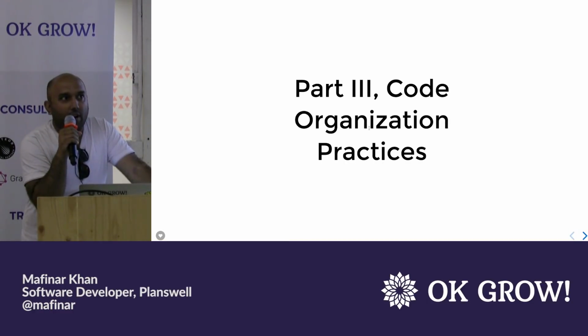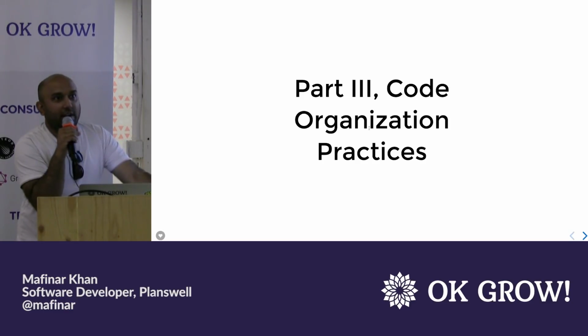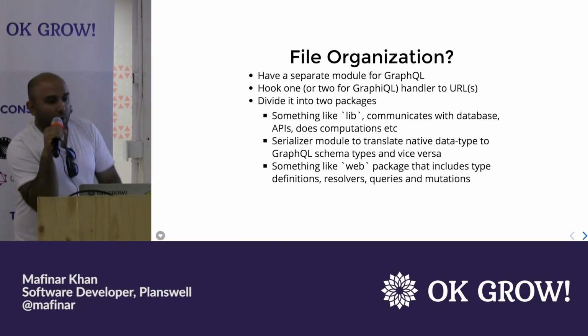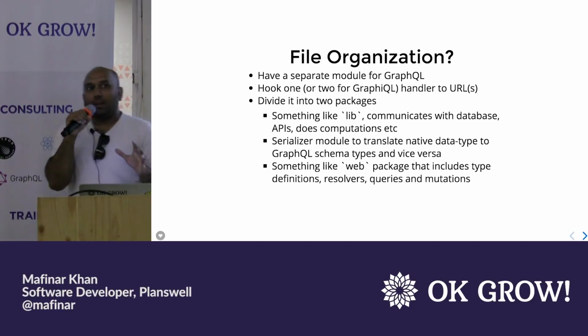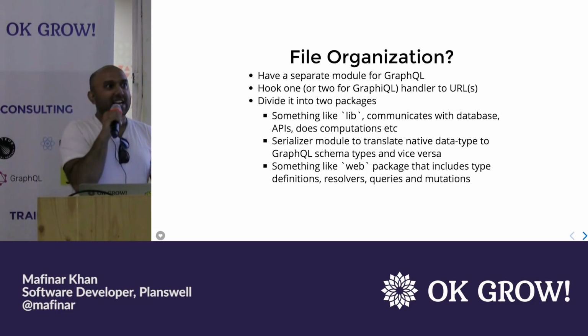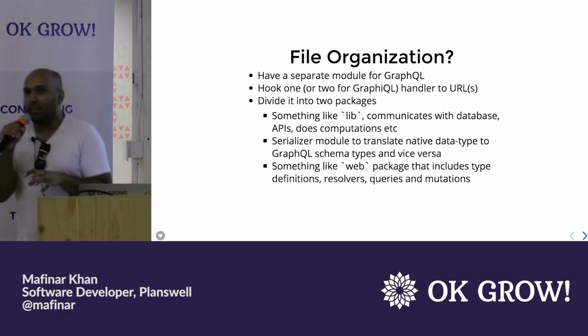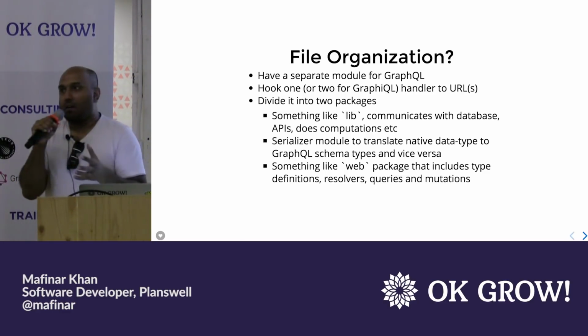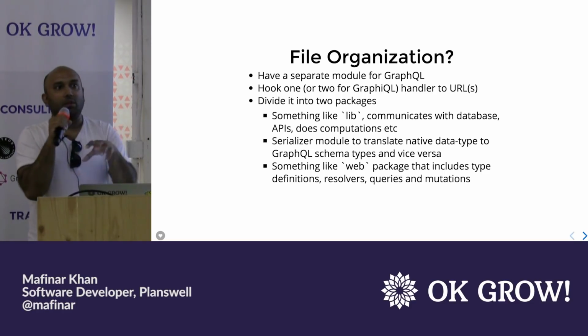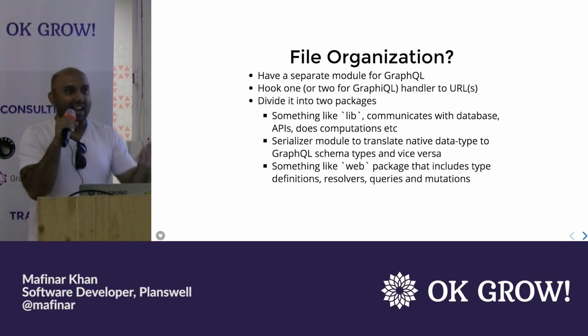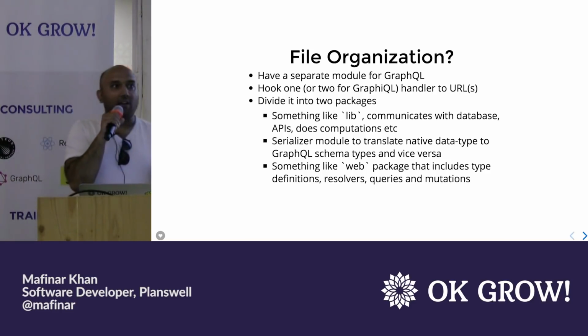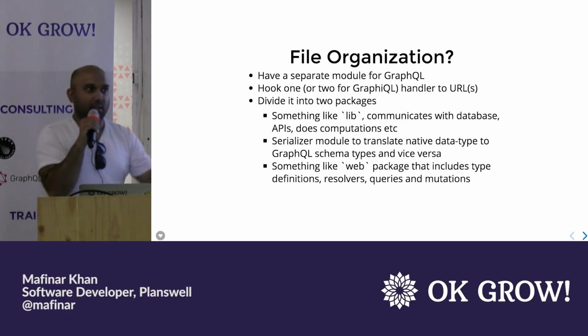So, the code organization practices. This is where I'll go very opinionated, and it's not necessarily the right way of doing things, but that's how I organize my source code, whether it's Go or Elixir or Python. What I believe in is that every module that you use needs to be within a context. So if it's an MVC pattern, I prefer my controllers only do controlling: they only get the request and give the response. They should not be doing any kind of data processing. They should call some other function which exists solely for those purposes.